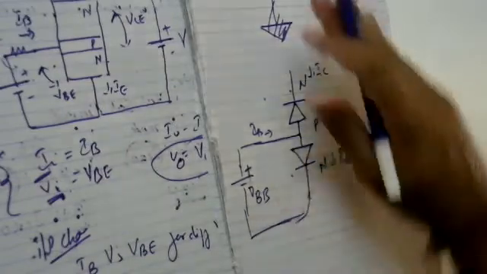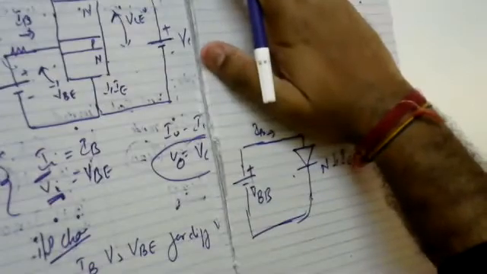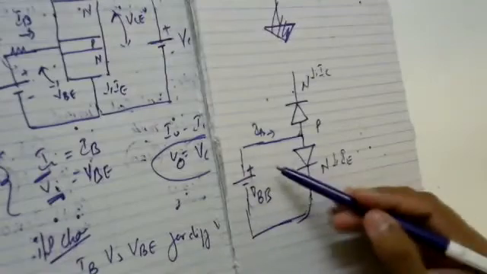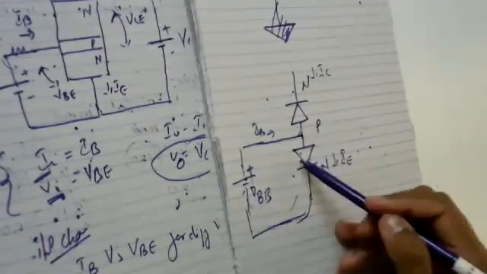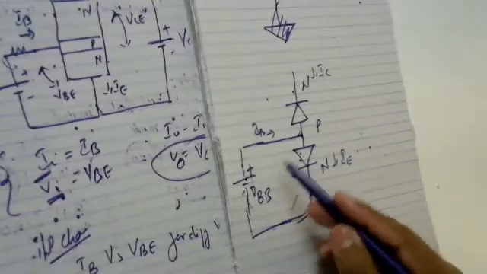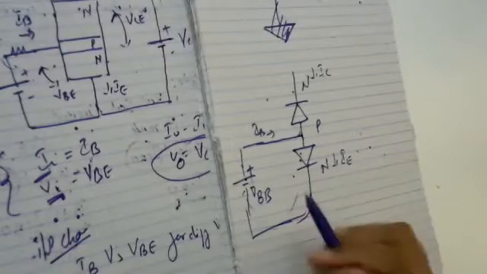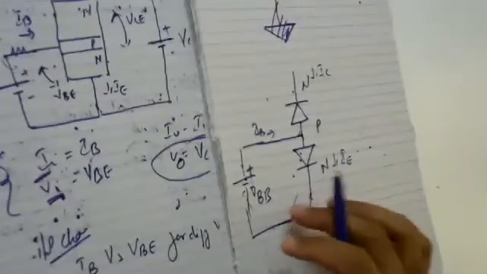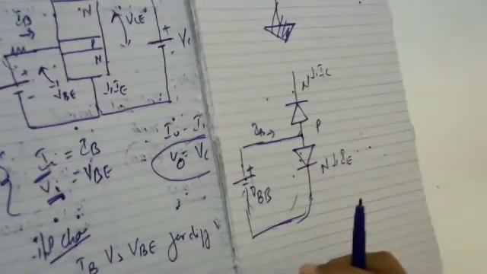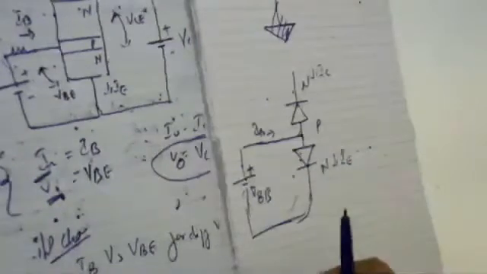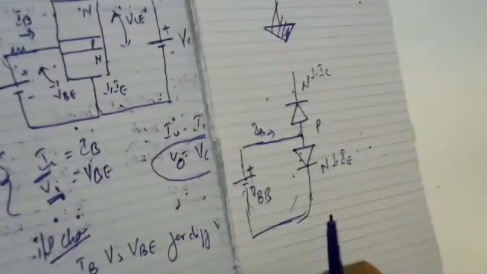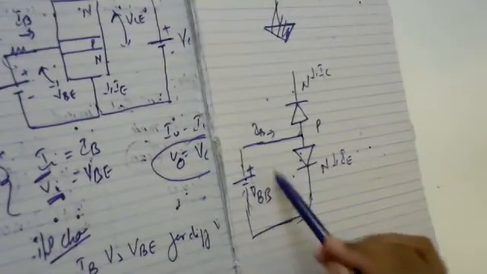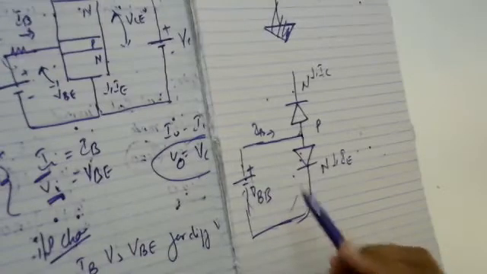So if you forget about this section now and only concentrate on this section, with positive connected to positive and negative connected to negative, then what will be the input characteristics of this transistor in CE mode? How is the input characteristics going to be seen? Please answer in the group chat. How are the input characteristics of the transistor operating in CE mode going to be seen?